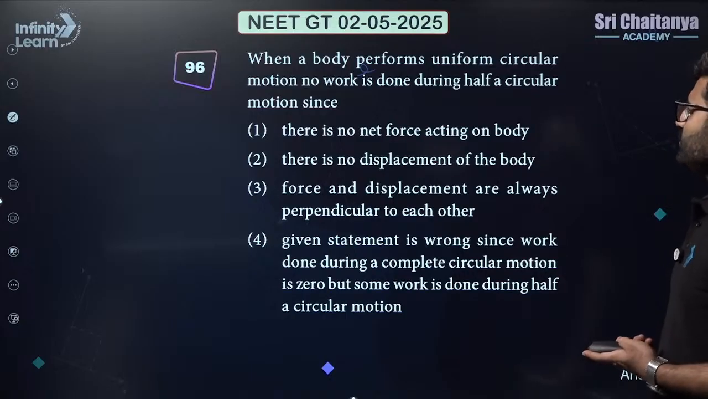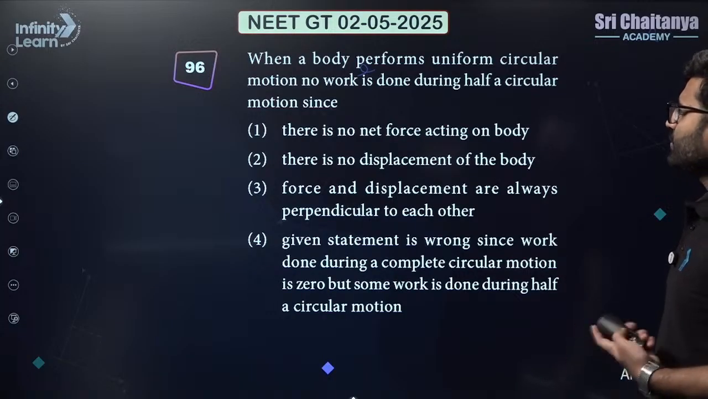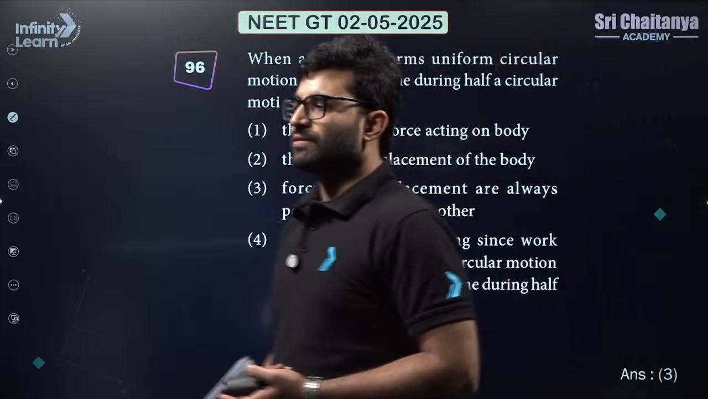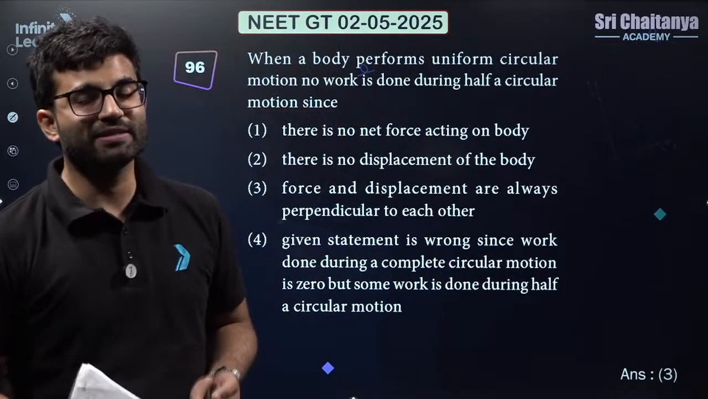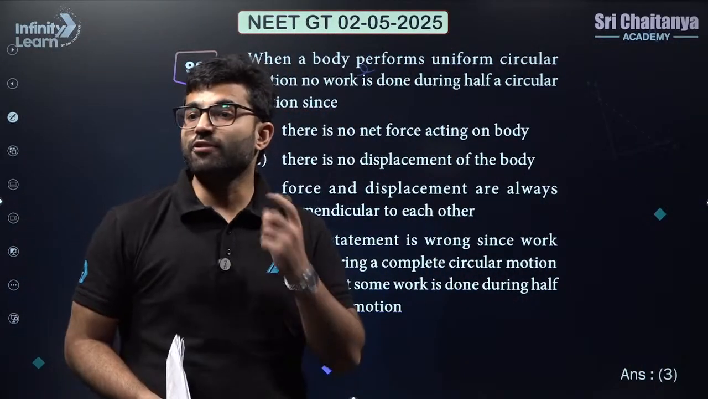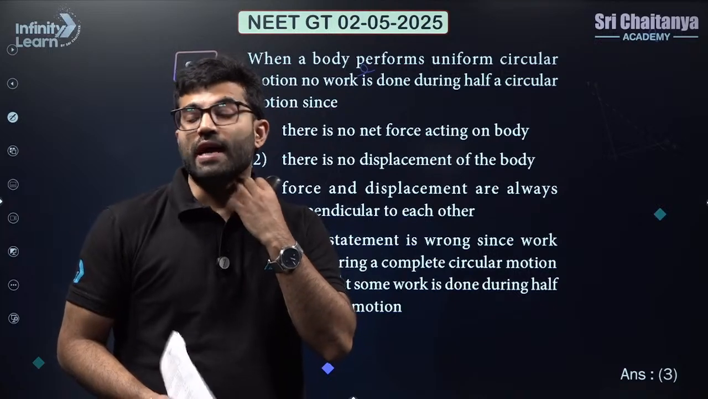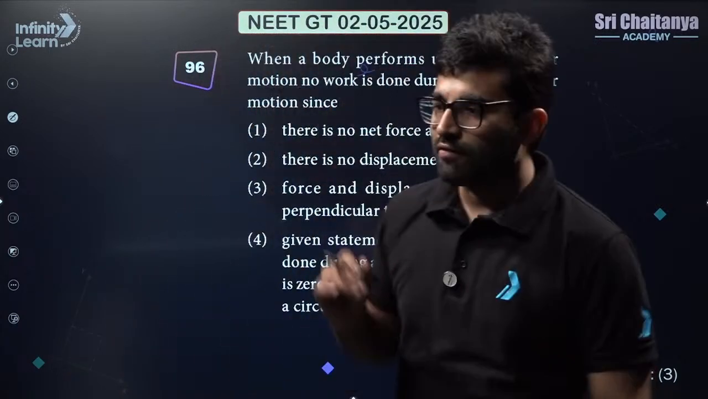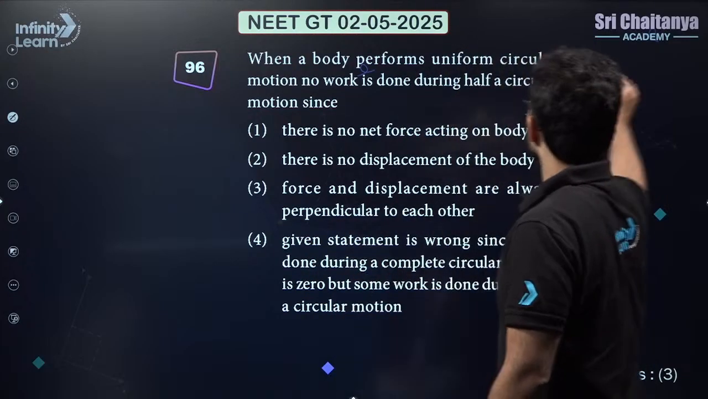When a body performs uniform circular motion, no work is done during half a circular motion. In fact, if it is moving in a circular motion, no work is done at all. Why? Because at any point of time, the force, which is the centripetal force, and the displacement are always perpendicular, right? So in a circular motion,